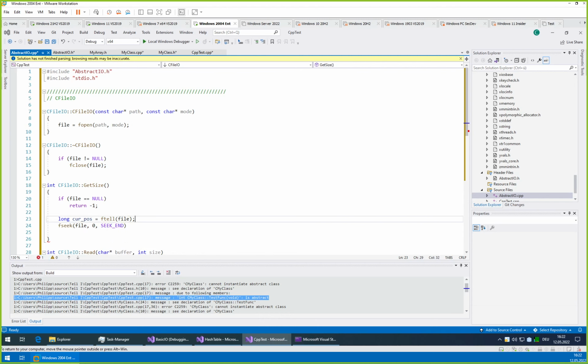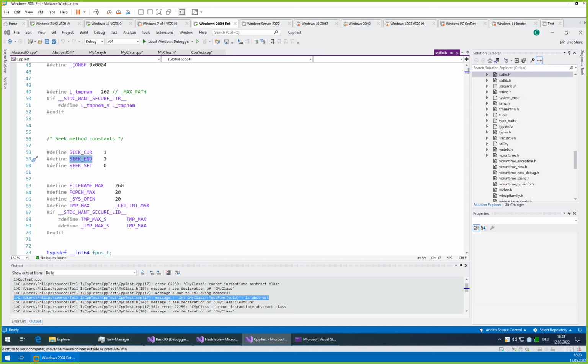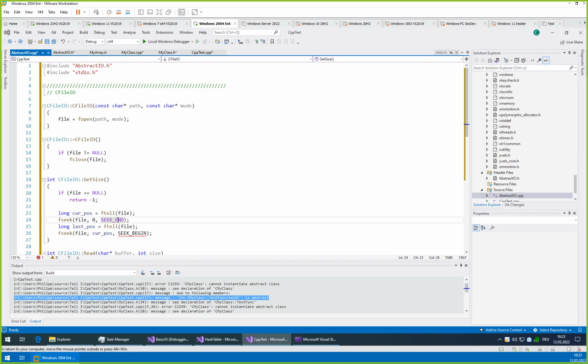So we want the end, then we call ftell again and store the last position. Then we call fseek from the beginning again, SEEK_BEGIN. Is this not begin? SEEK_SET, okay, then SEEK_SET.